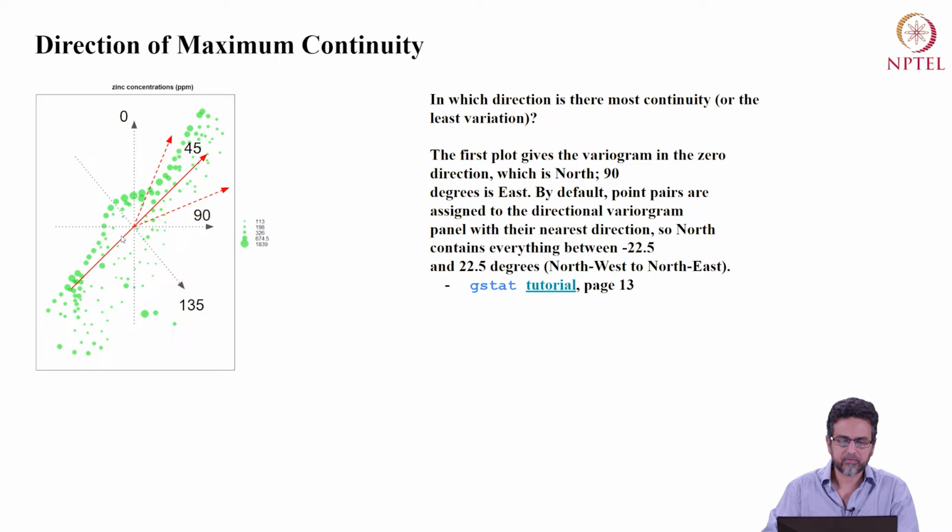Well, how about 45? If you start here and start moving this way, we encounter circles, all of which are kind of large. And then if we start here and move this way, all of the circles in this line are kind of similar in size. So it seems that in the 45-degree direction, there is the most amount of continuity. That's a vague sort of term, but visually at least, the most continuous values are encountered in this direction.